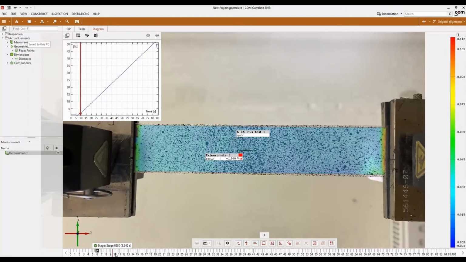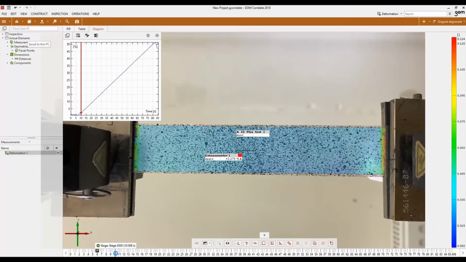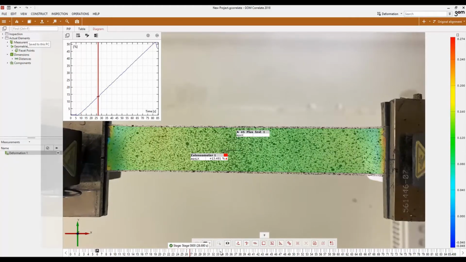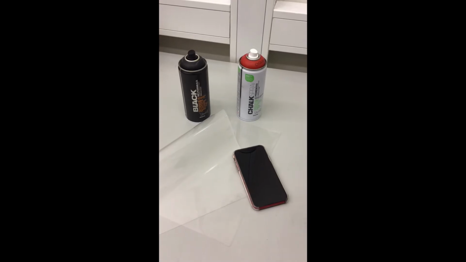In this video, I will show how you can utilize DIC, or digital image correlation analysis, on a tensile test within 10 or 20 minutes without any additional equipment, for free and with very high quality. To include DIC in your tensile test, you will need a mobile with a good camera, the material to test, and